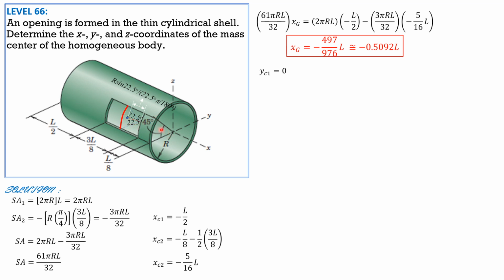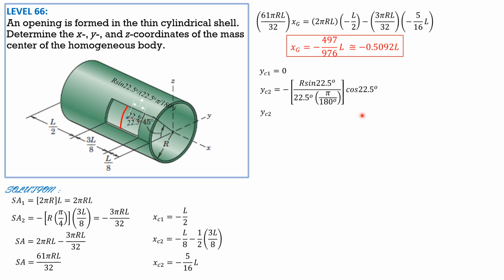If the centroid is here, this is the distance. So it is negative r sine 22.5 over 22.5 degrees times pi over 180 from here, center to that centroid. Then the horizontal projection is multiplied further by cosine 22.5 degrees, and it is negative. So y sub c2 is negative r sine 22.5 degrees over 22.5 degrees times pi over 180 times cosine of 22.5